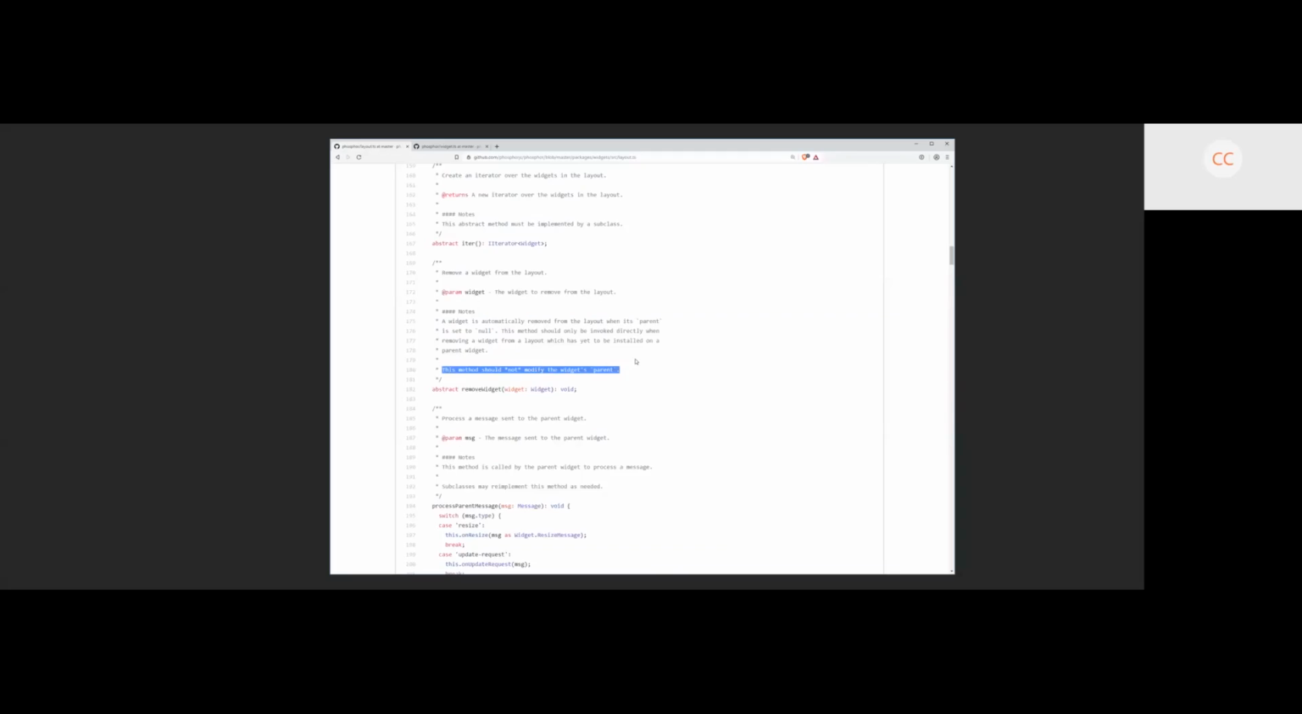So the reason this exists is what's described in the notes, where this method should only be invoked directly when removing a widget from a layout which is yet to be installed on a parent widget. So if this method didn't exist, let's just take an example. Let's say this method didn't exist and you create a box layout and then you add a bunch of widgets to it. And then you decide to say, oh, actually, I don't want this child in this layout. I want it in another layout. Well, if the only way to remove a widget from the hierarchy is to set its parent to null, how do you get that child widget out of the layout if that layout